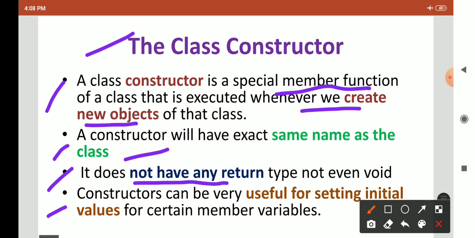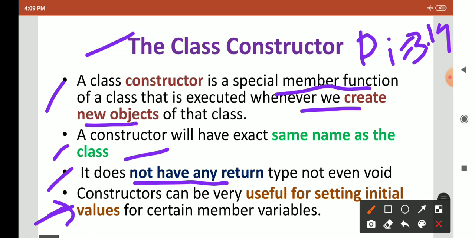Then a constructor can be very useful for setting initial values for certain member variables. So here is a use of constructor. Why do we require a constructor? It is used for setting initial values for your variables. Suppose, take an example, pi. Pi is a fixed value, 3.14.